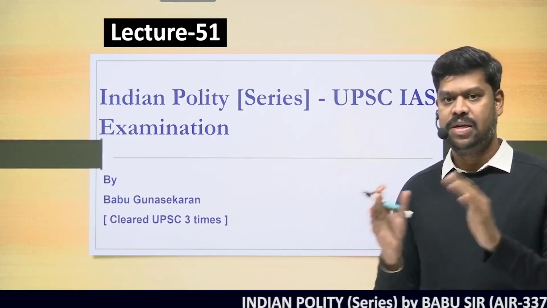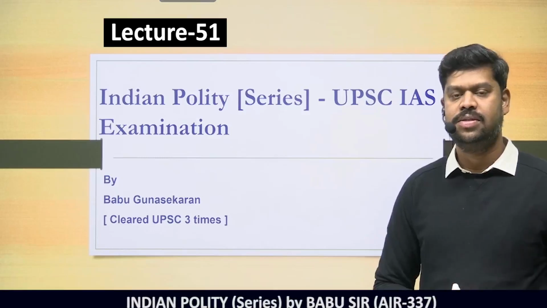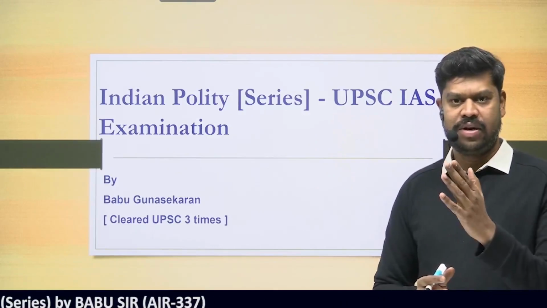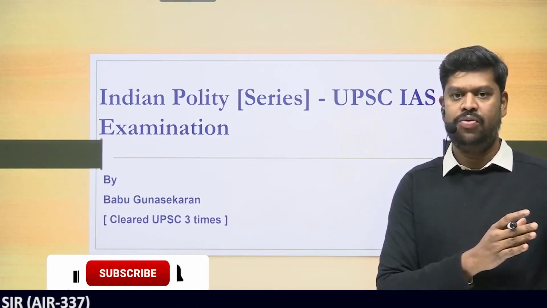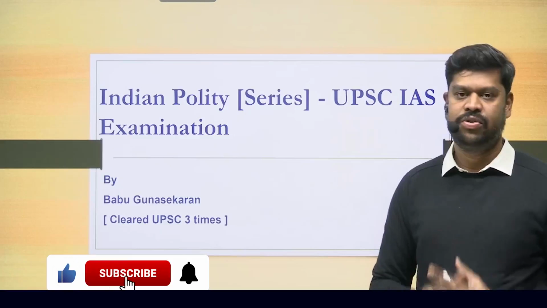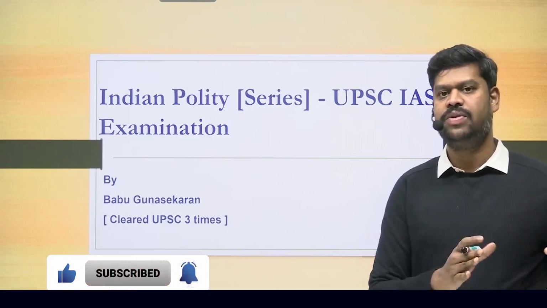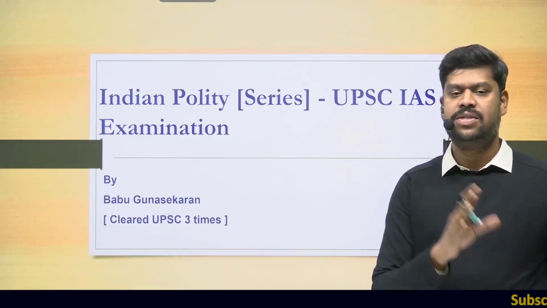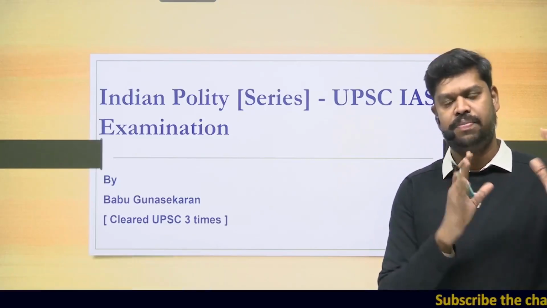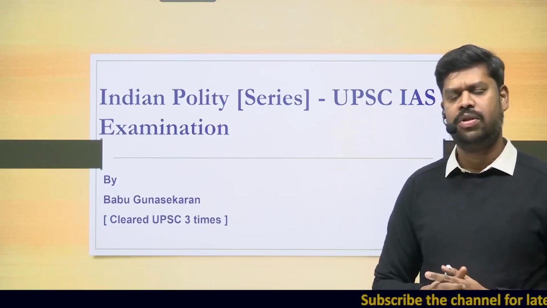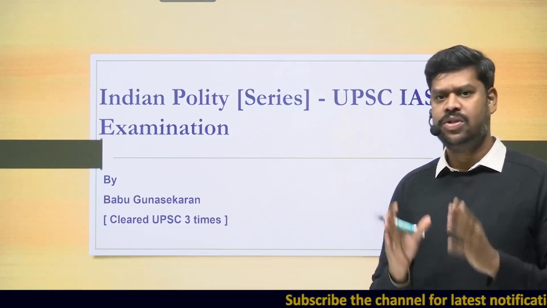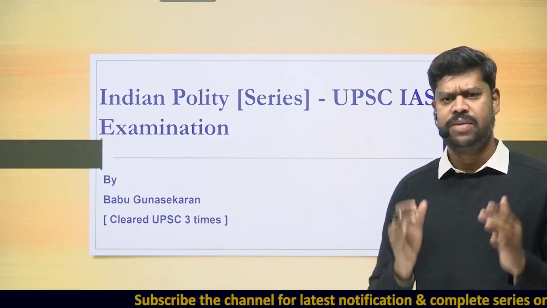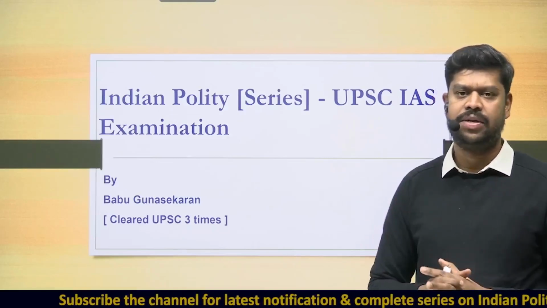As I already said, we have crossed a milestone in this series. We have covered the philosophical part of the constitution, right from the historical background until what is called the basic structure of the constitution. In the process, we have covered the fundamental rights, duties, DPSP, citizenship, union and its territories, preamble, and the Constituent Assembly. All these topics have been covered. These are all very important for the examination. You can expect 4 to 5 questions minimum from these areas. I'm saying it on a very conservative note.